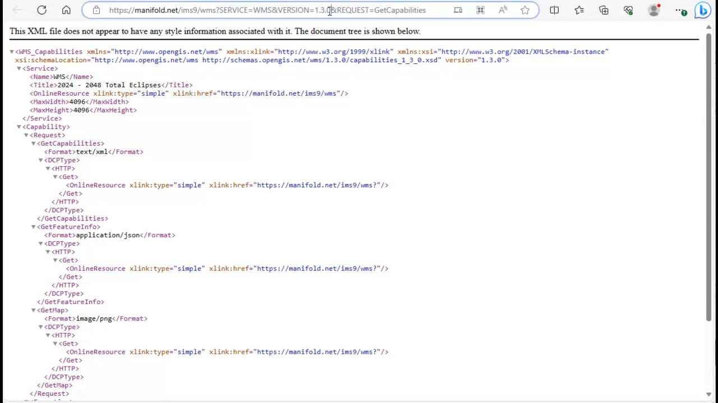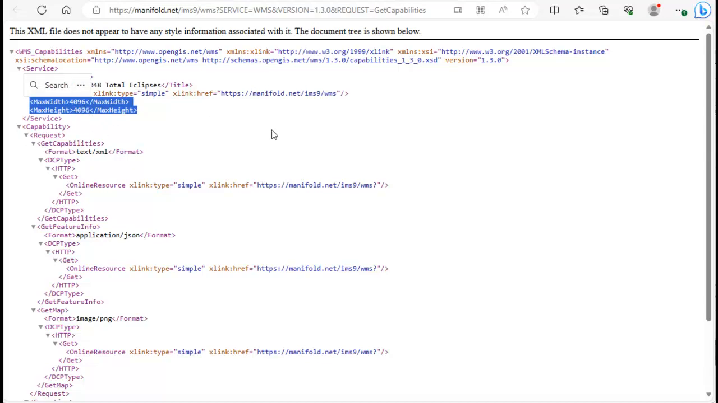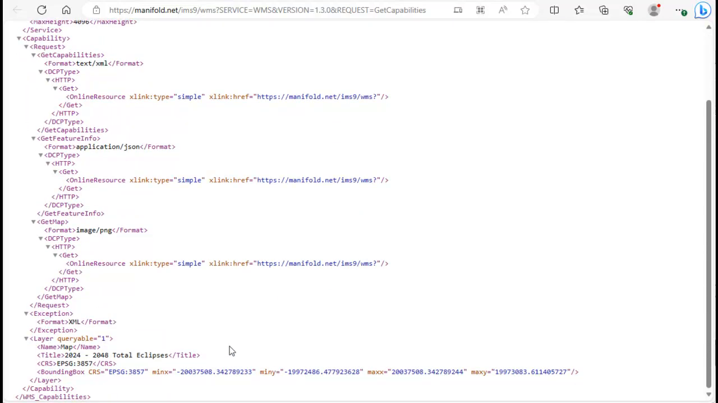It says the version, which is always 1.3.0 for current versions of Manifold Server. And it issues the request, which is a GetCapabilities request. The GetCapabilities request simply reports an XML text file that says what's going on with that particular data source. For example, we can see that it's capable of generating images that are up to 4096 by 4096 pixels in size. It shows that the GetFeatureInfo request replies in application/JSON format, and it shows that the image is in EPSG